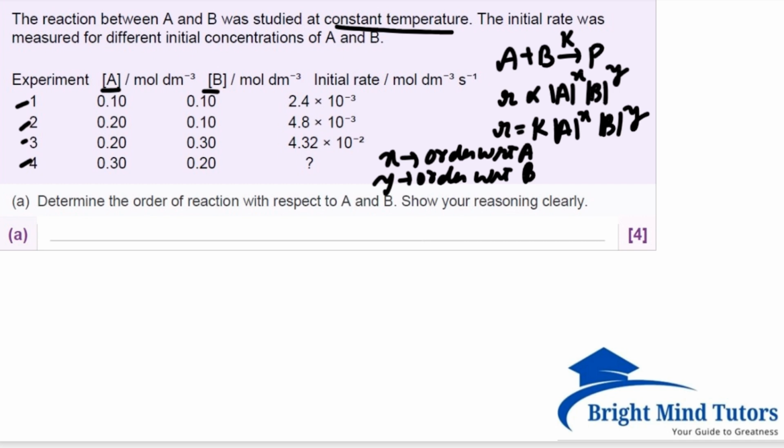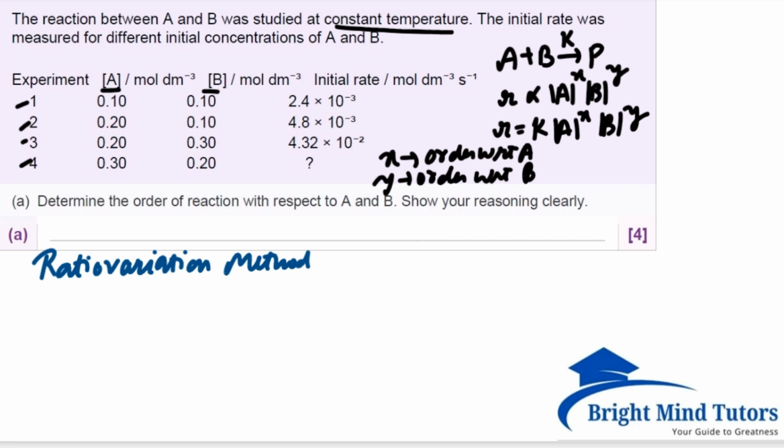So we have to find the order with respect to A and with respect to B. That means we have to find the X and Y values. So what we do is we take the help of the ratio variation method. Now what is basically the ratio variation method? When we have more than two reactant species in any chemical reaction, to find the order with respect to a particular reactant term,